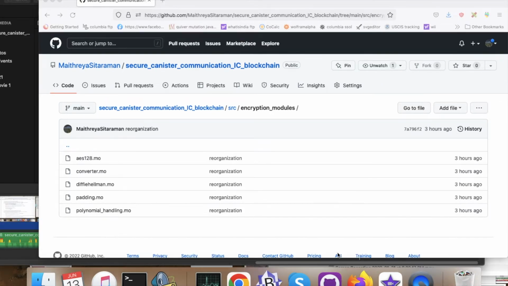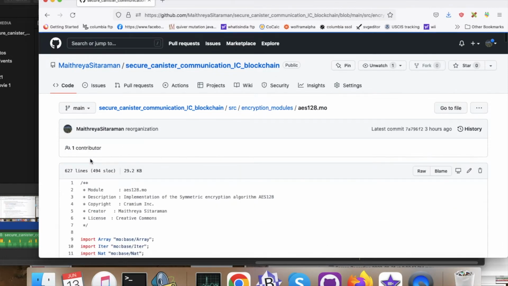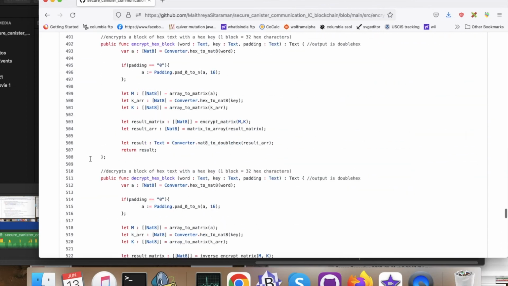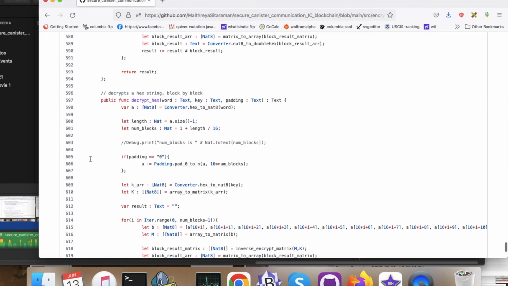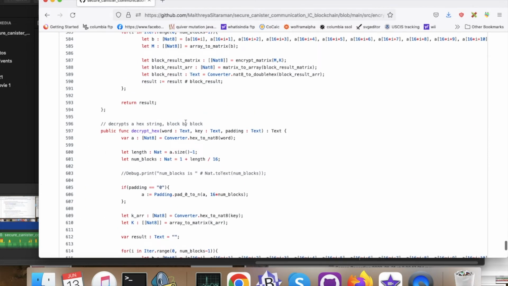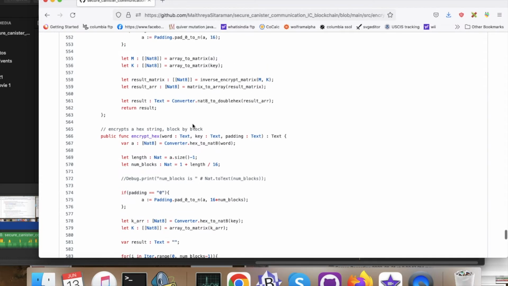So these are our encryption modules, and this is where the real heavy lifting is going on. These are open source, we'll continuously improve them, and they really benefit the community. They're the first modules of their kind, designed specifically for the IC. So this is the first Motoko implementation of AES 128, for example. As you can see, these are non-trivial. It's pretty long. But anyway, we call this decrypt hex function and this encrypt hex function, and they encrypt and